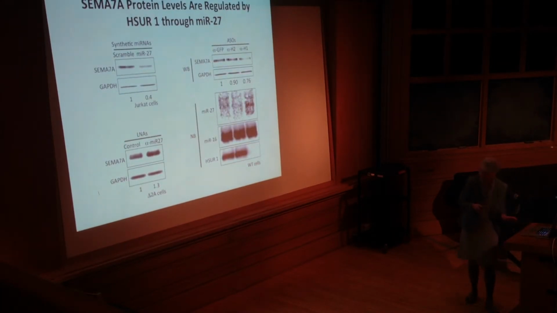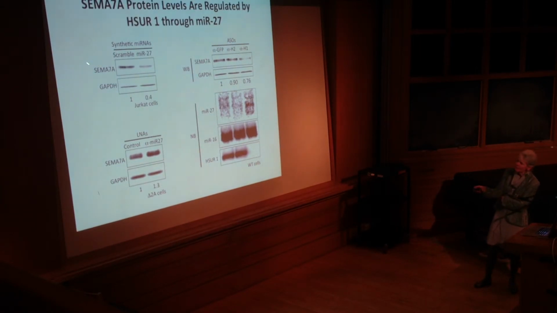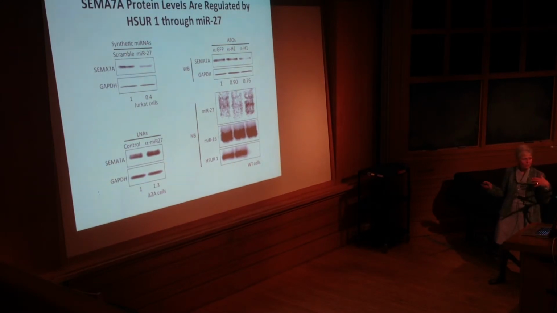This is the more salient slide here. The amount of SEMA7A protein in human Jurkat cells can be decreased by adding this repressor, miR-27, or by adding a locked nucleic acid, which binds up miR-27. You get the expected upregulation of SEMA7A. And the experiment over here is really important because it shows that this is all happening through this non-coding RNA